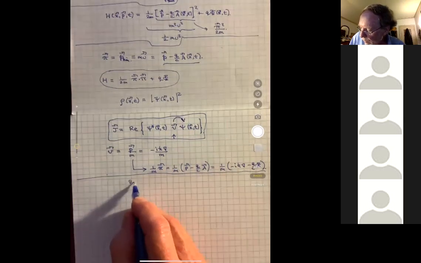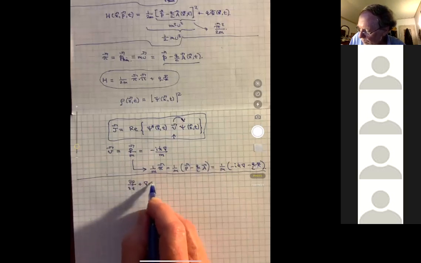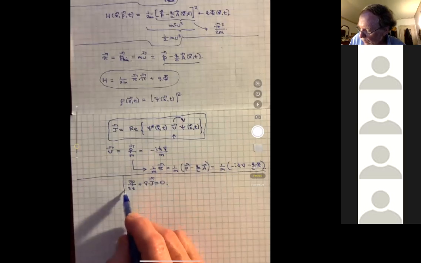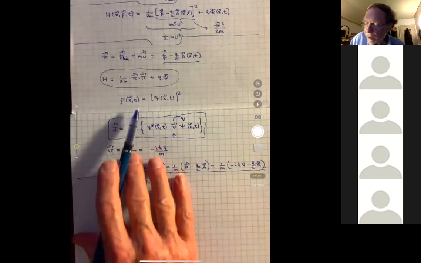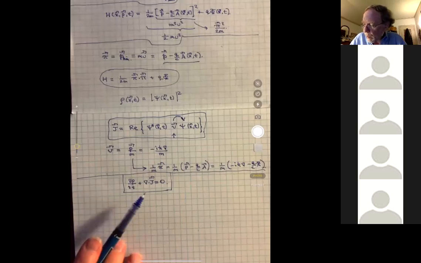And by the way, these do, as expected, satisfy the continuity equation, del dot rho plus divergence J is equal to 0. And I'll leave that as an exercise for you to check by substituting these definitions into the Schrodinger equation and working out the time derivatives to see that it's correct. The continuity equation,